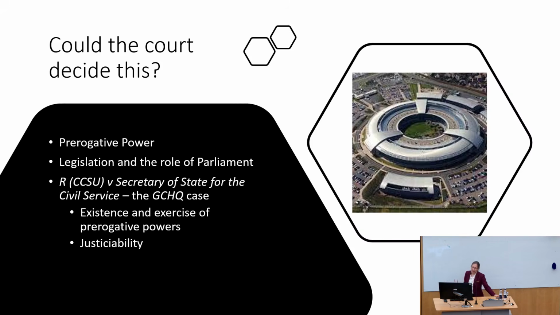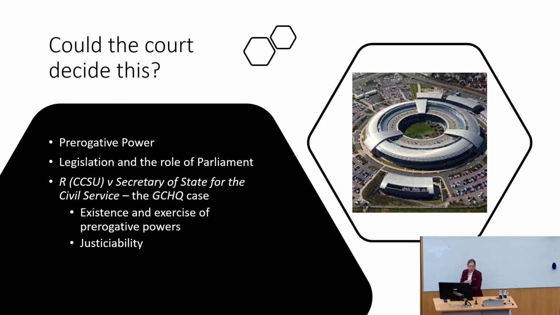Now this case was concerned with, can we have trade unions at GCHQ, which is where we have all sorts of security services checking in on communications, okay, to uphold national security. And the concern was, if we had trade unions at GCHQ, they might go on strike. And if they go on strike, that would be problematic because that could harm national security.